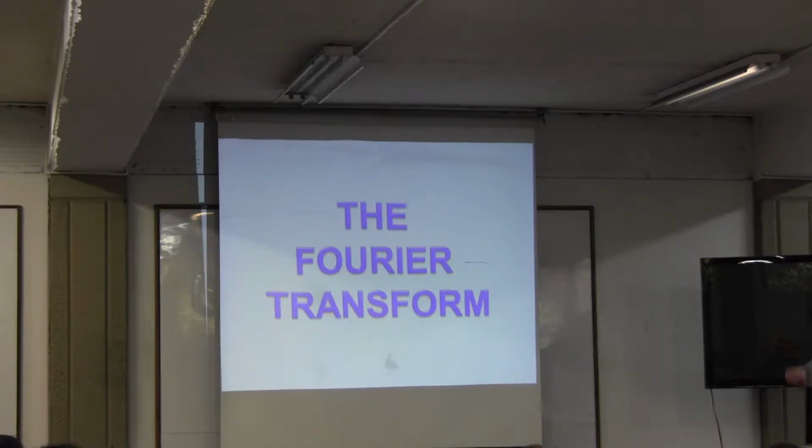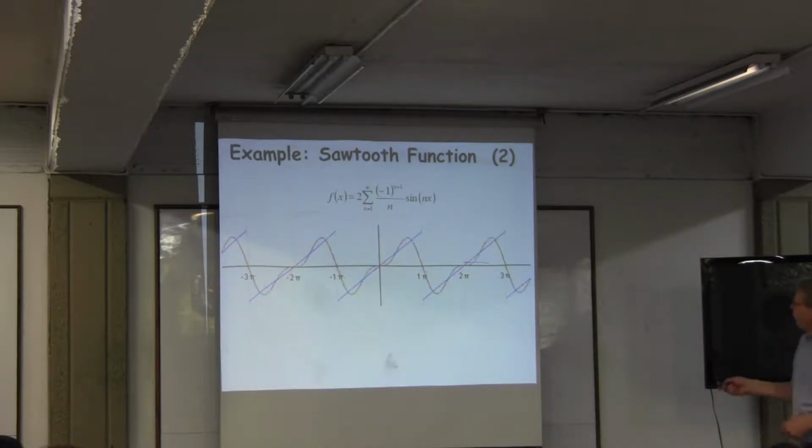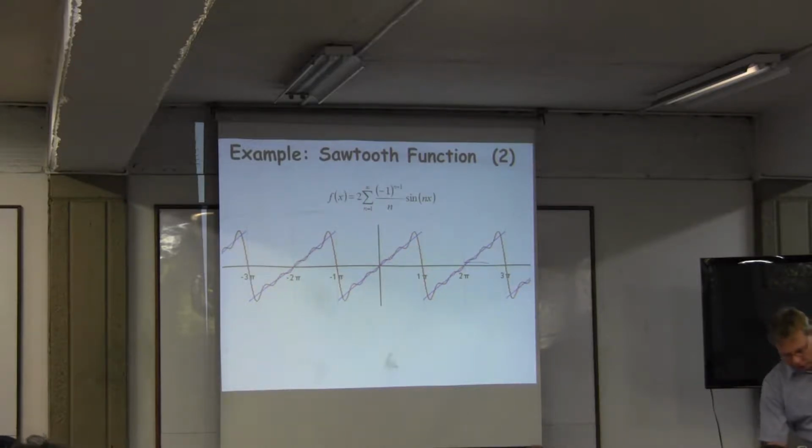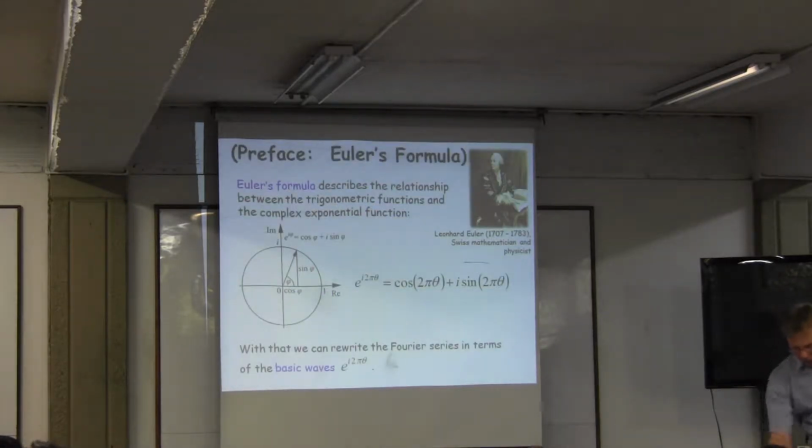Okay, so that was the Fourier series with the sum here, but that's usually not so convenient and hard to compute. What you would like to do is to actually have an integral to solve. And we can write it in a more sophisticated form with an integral and get rid of the sines and cosine waves. But in order to get rid of them, we need a formalism that has been developed by Leonhard